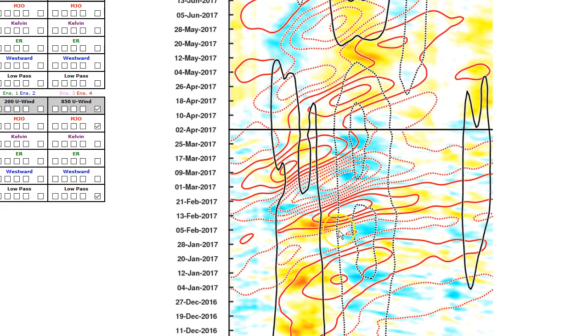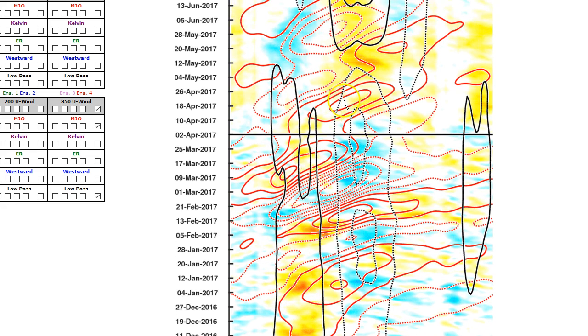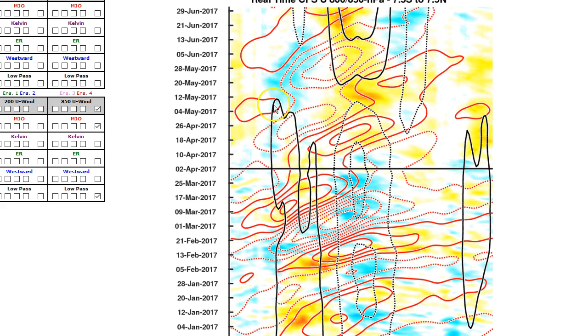So here's our La Nina thing, the dotted contours, and here is where all the energy is out over in the Indian Ocean, but there's supposed to be a flip-flop that's supposed to occur sometime in, let's say, May 5th or 6th or so. The La Nina is officially supposed to die in the atmosphere, and some sort of El Nino-like pattern is supposed